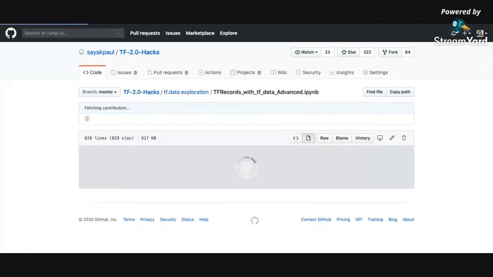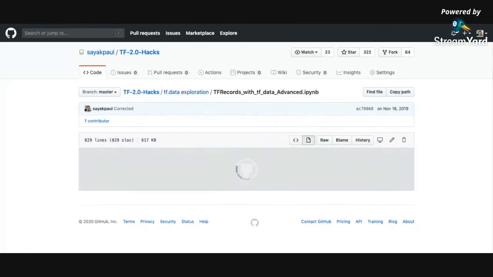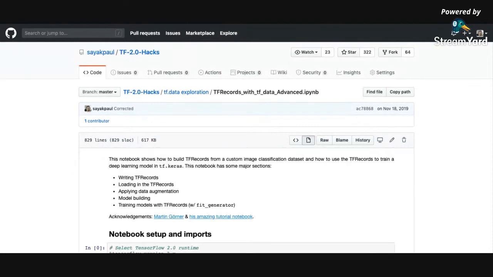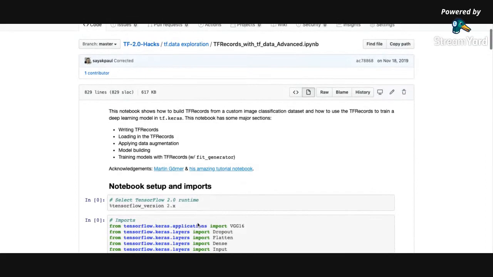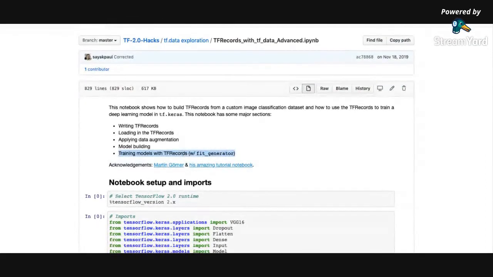I have one example that shows this. It has training models with TensorFlow records.